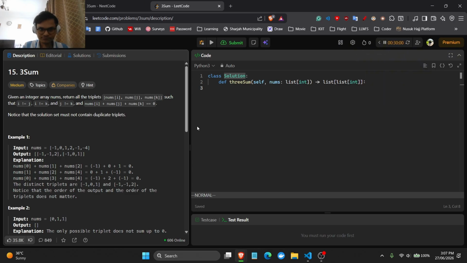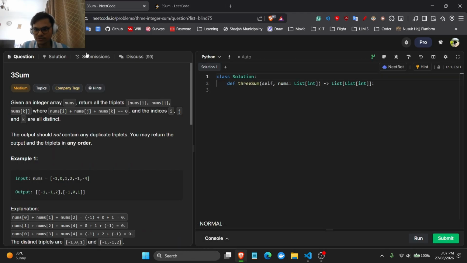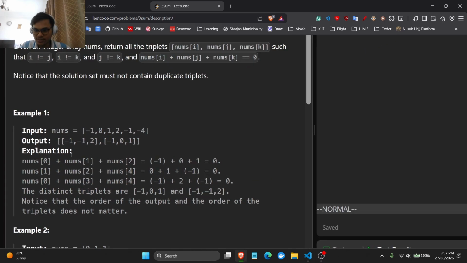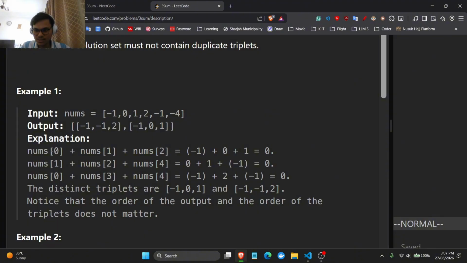Let's go. Given an integer array nums, return all triplets such that i is not equal to j, i is not equal to k, j is not equal to k, and the sum of nums[i], nums[j], nums[k] equals 0. Same thing over here, where all are distinct. Notice that the solution must not contain duplicate triplets. Over here, if we look at this solution, we'll see that nums[0] + nums[1] + nums[2] is equal to 0. The distinct triplets are